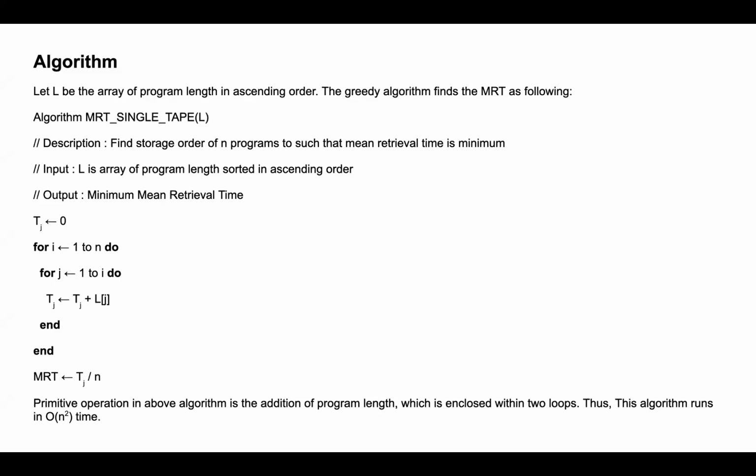TJ is the retrieval time for the jth job, which is already assigned 0. Then for i equal to 1 to n do, and the second for loop is j equal to 1 to i do. TJ is assigned TJ plus